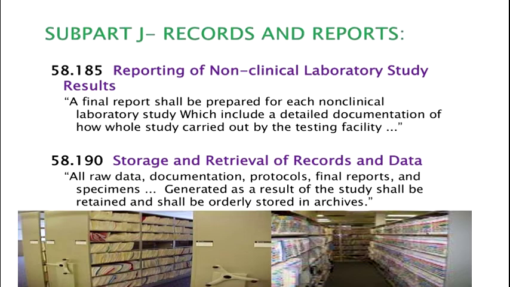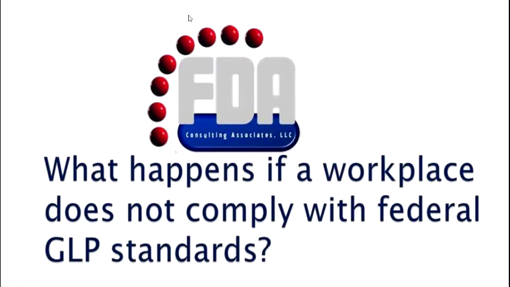Everything will be recorded and reported, and they will be placed in these storage areas. And your organization should definitely have a storage area, and retrieval of your records should be easy from that. That is important. Once needed, you should be able to retrieve it, and you should be looking at the procedures in case you want to know about the control protocols, etc. So this is how you will record and report them. And this is about the GLP for a non-clinical lab.